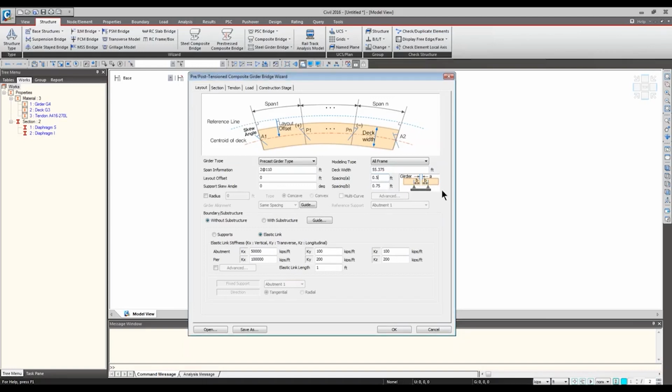And how this will help is it's actually the distance that the girder will be disconnected during the stages before the deck is composite. So after the concrete is poured, it's going to be poured filling this gap between the girder to girder.